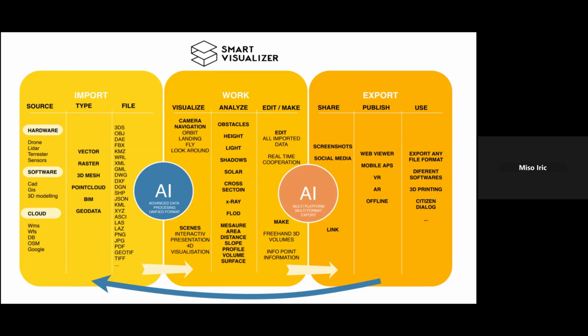Usually when working with different data types, you need, for example, a viewer or editor for vector, raster, 3D mesh, and point cloud. In this case, we are streaming everything together in one file format in the same platform, and then just splitting those into different layers.